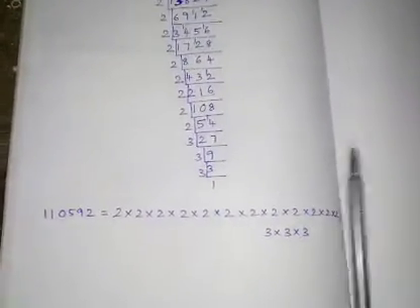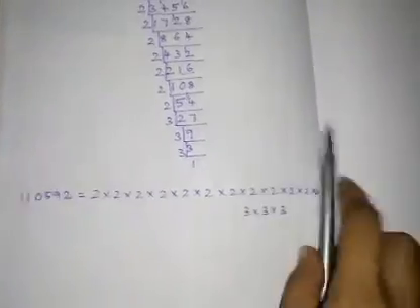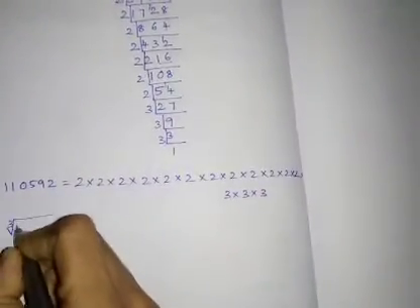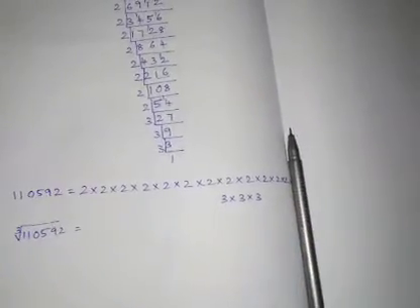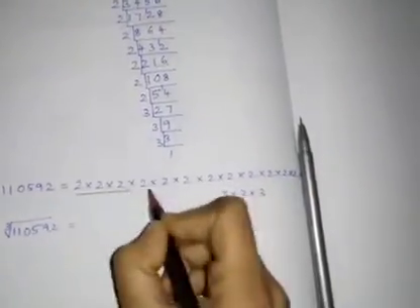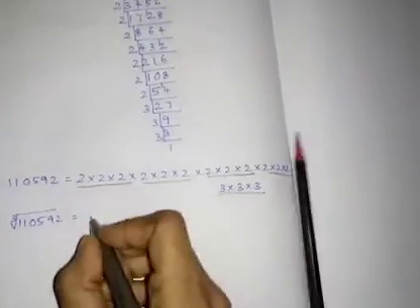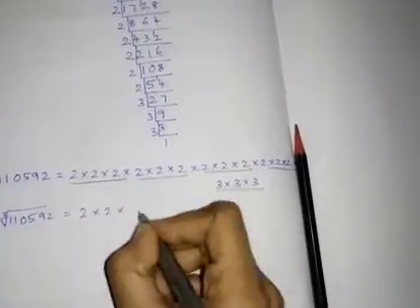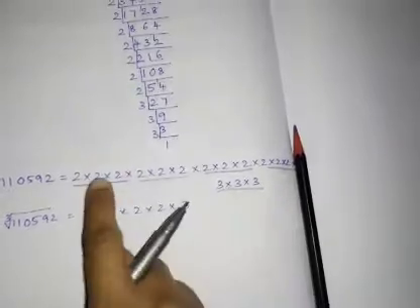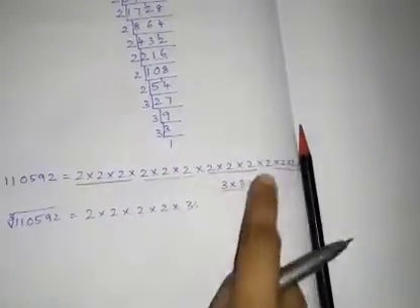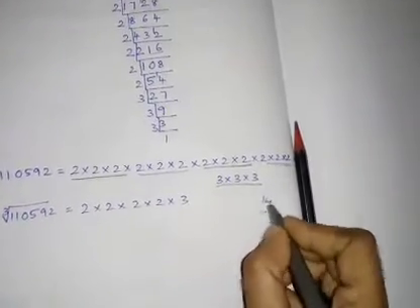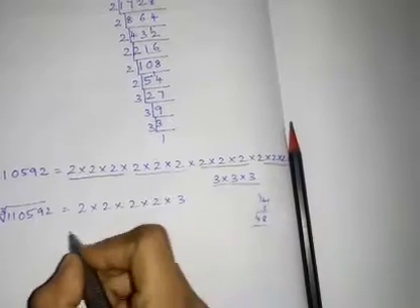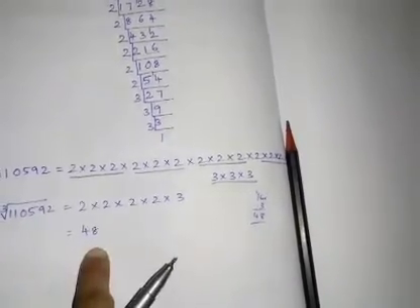Yes, so next what we are supposed to do, we are going to find the cube root of this number. 1,10,592 is equal to, I'm just grouping this into 3 threes. So I'm going to write one number from each group. So 2 into 2 into 2 into 2 into 3. Correct? 2 2s are 4, 4 2s are 8, 8 2s are 16. 16 into 3. 6 3s are 18, 1 4 8. So answer is 48. So 48 cube is nothing but